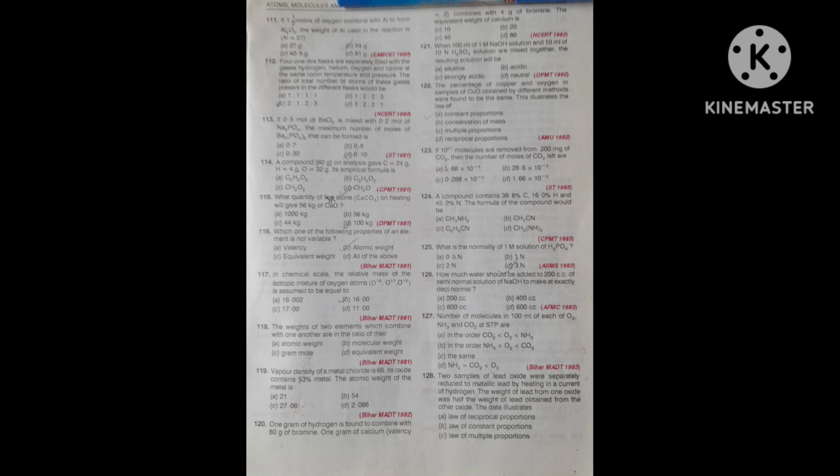In this case, 3 replaceable hydrogens are there. Hence, you will get 3N. Remember always the formula: equivalent weight is equal to molecular weight divided by replaceable hydrogen or replaceable